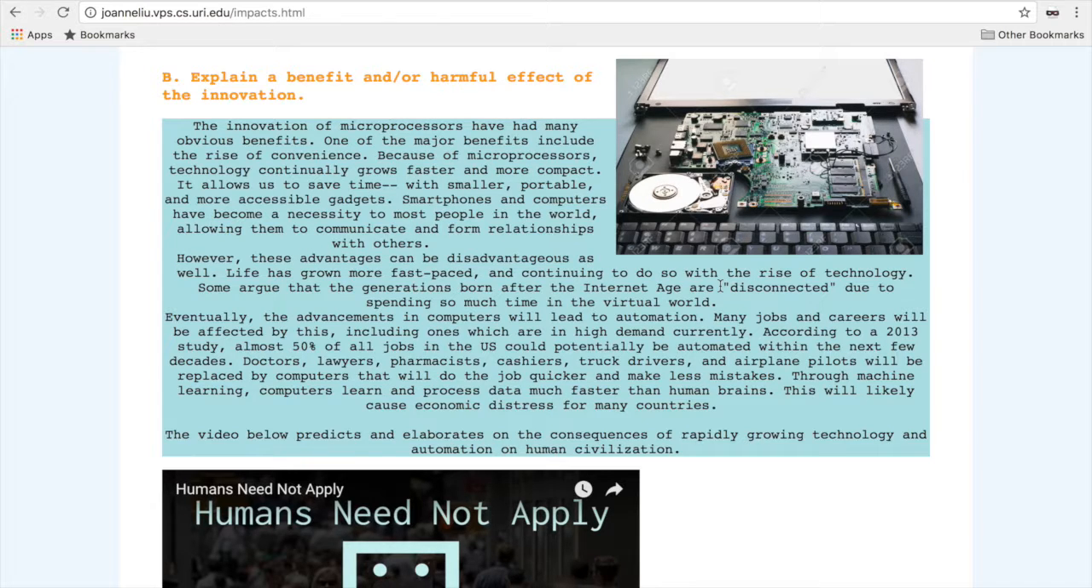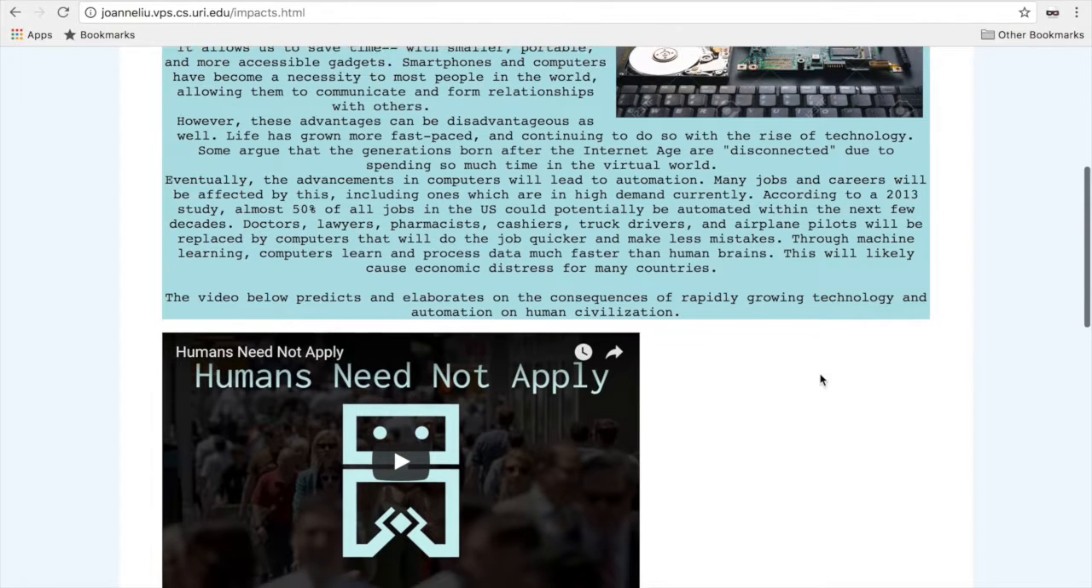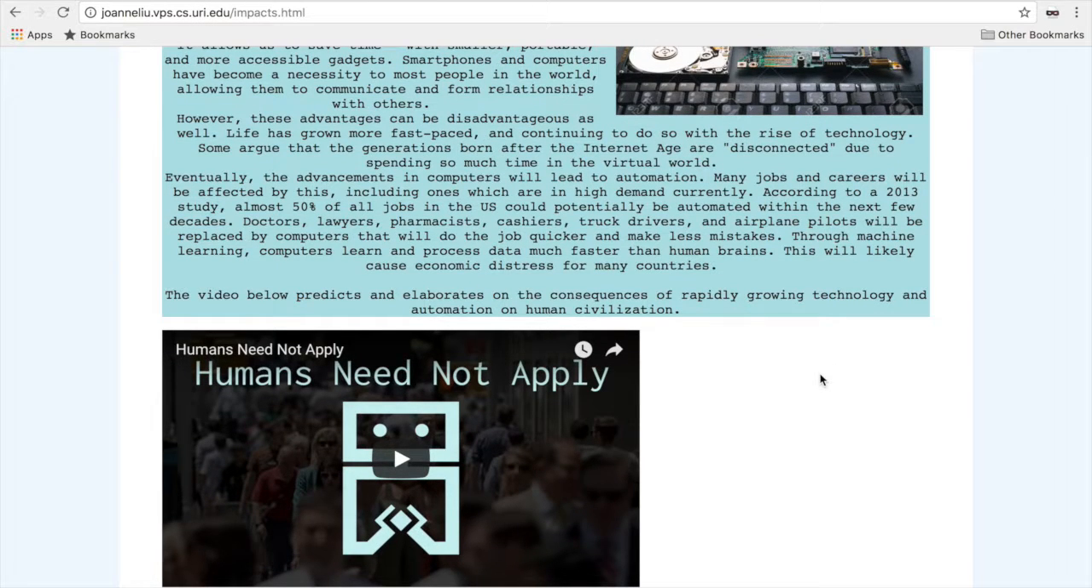Some argue that the generations born after the internet age are, quote-unquote, disconnected due to spending so much time in the virtual world. Eventually, all of these advancements in technology will lead to automation. Many jobs and careers will be affected by this, including ones which are in high demand currently. According to a 2013 study, almost 50% of all jobs in the U.S. could potentially be automated within the next few decades. Doctors, lawyers, pharmacists,